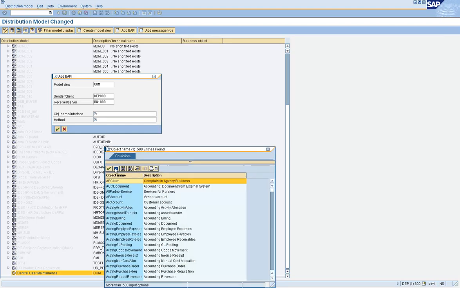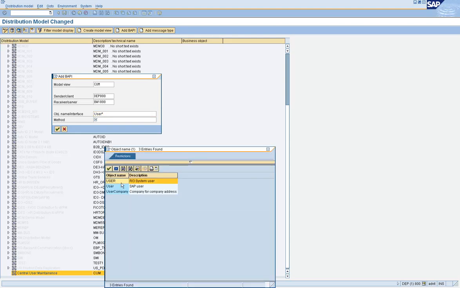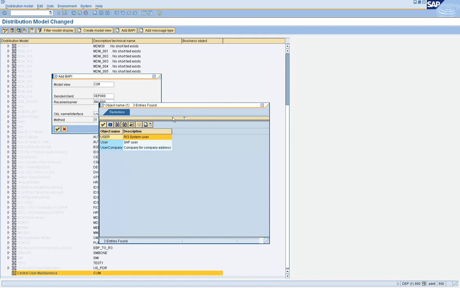So let's search for user, because we want to transfer the user information. Now if you look, you have 2 entries here which say user. The BAPI object name that you use is case sensitive, so you have to use the right one. The one that you need to use is the uppercase USER. So double click on that.